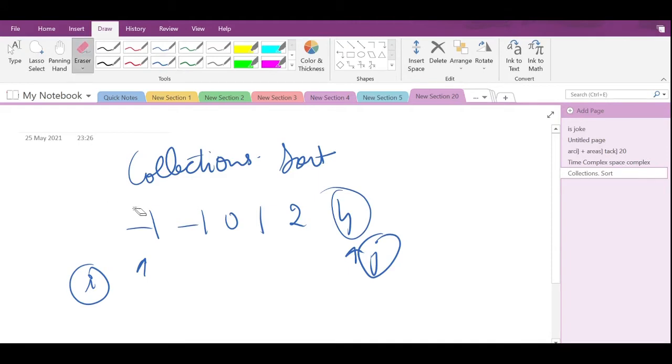So 4 minus 1 is 3, and I will search whether minus 3 is in my array or not. Minus 3 is not here, so I know that minus 3 is not there. So what can I do?